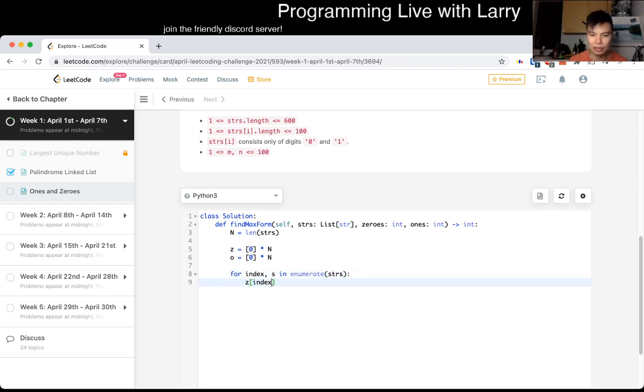So z of index is equal to s dot count of 0, and oops, o of index is equal to length of s minus z of index. I mean, you could just do count 1. It probably doesn't matter that much. Okay,